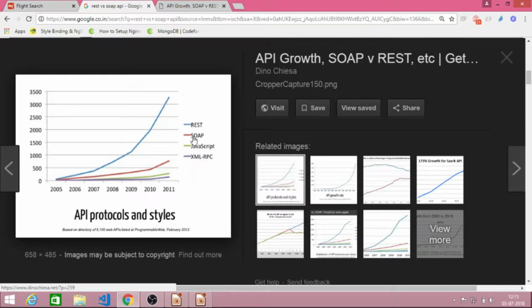People used to use only SOAP APIs, and in 2006 and 2007 and before that they used SOAP APIs a lot. After REST API came into the picture, it has been dominating all APIs because of its easy scalability.